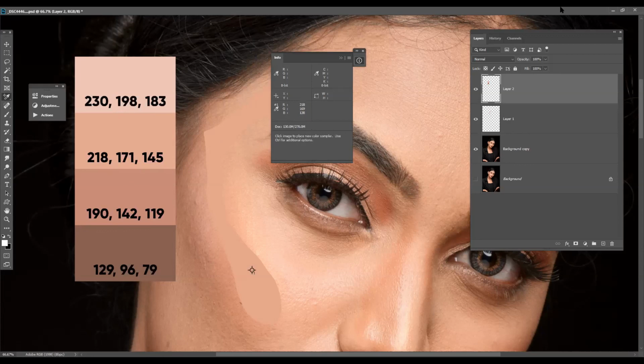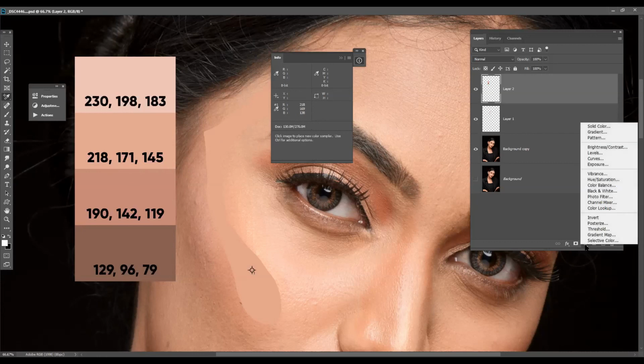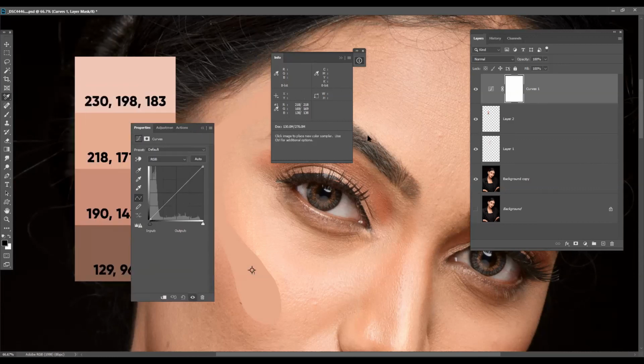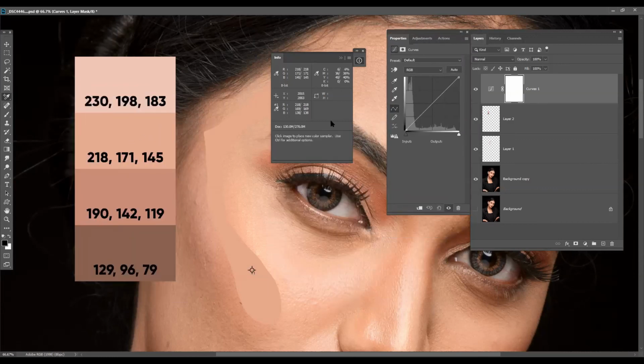Okay. Now we go to a curves layer and try to match the color that has been given. We again take a point sample from that area with the hand tool and make a point. Now we have a point sample over here. Red is already matched, so we don't want to work with the red because it already has 218.